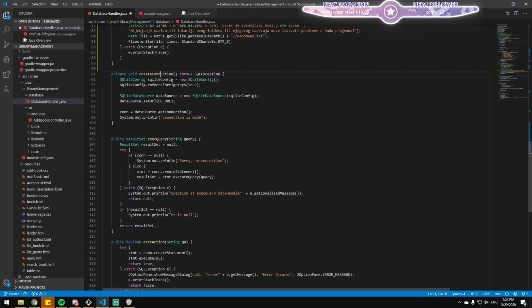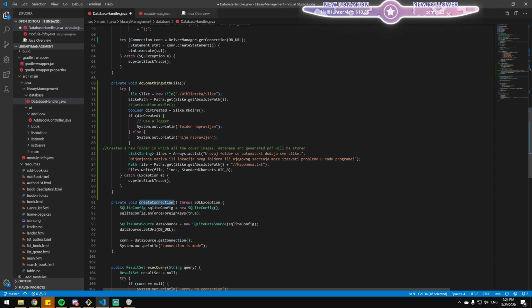Create connection, still wondering what it's doing. The guy said it's the path for the folder in which cover images will be stored. Okay, so cover images. I don't see cover images from this.